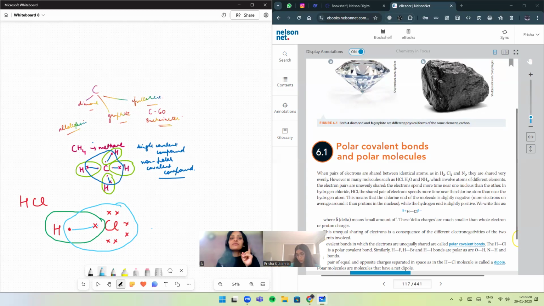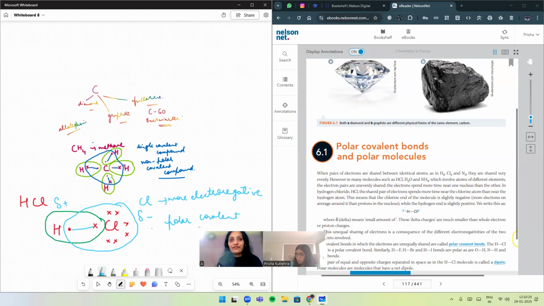But in this particular case, this chlorine is more electronegative in nature, right? Now, what do you mean by electronegative? Electronegativity is the ability of a particular element to attract the shared pair of electrons towards itself. So now chlorine is more electronegative as compared to hydrogen. So it is going to attract that shared pair of electrons towards itself. Thereby, there will be a very slight charge popping up on these two elements, because now the shared pair of electrons is more towards chlorine. So that means there is an extra electron on the side of chlorine. So chlorine is going to have a slight negative charge, whereas hydrogen will have a slight positive charge, right? So thereby this covalent compound becomes polar in nature, and we say this compound is a polar covalent compound,